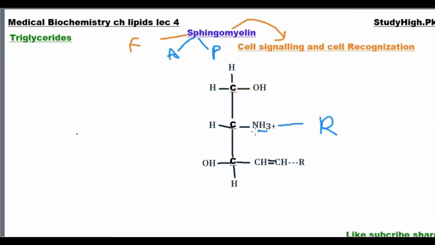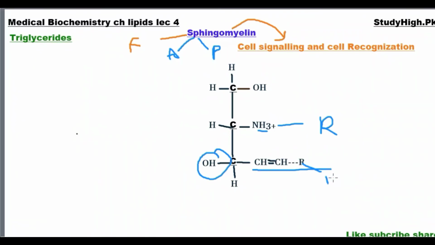So this sphingomyelin is different from other types, whereas carbon number 3 of sphingosine is also different from glycerol-containing phospholipid. Its hydroxyl group remains intact, and on the other side of carbon there is an alkyl tail that is unsaturated and consists of one double bond, and this R group consists of approximately 13 carbon